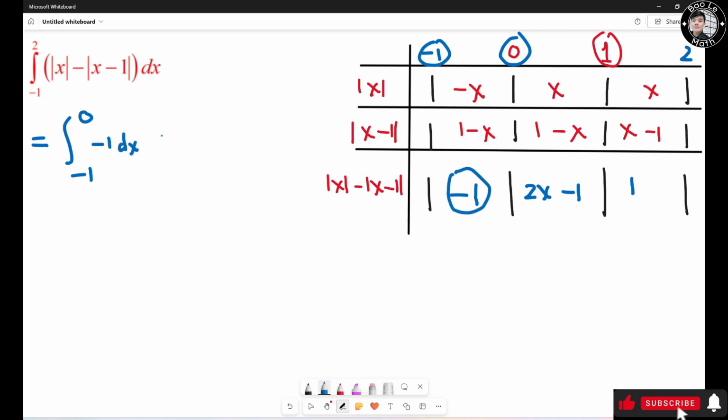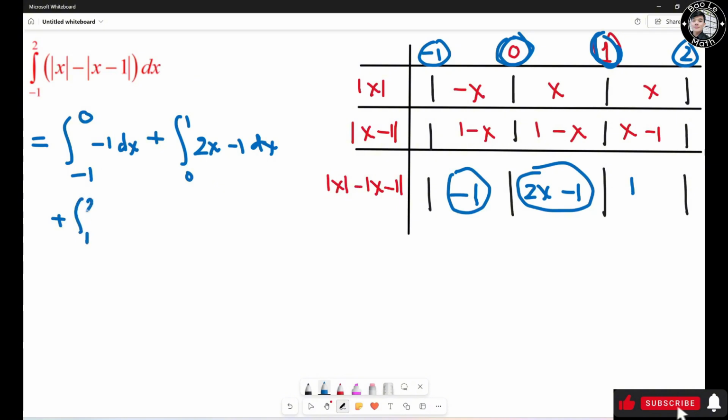Next one, add the integral from 0 to 1, right? The answer should be 2s minus 1, ds. And the third one, the integral from 1 to 2, right? The answer should be 1 right here, right? ds. So it's going to be the first one right here equals negative s evaluated from negative 1 to 0